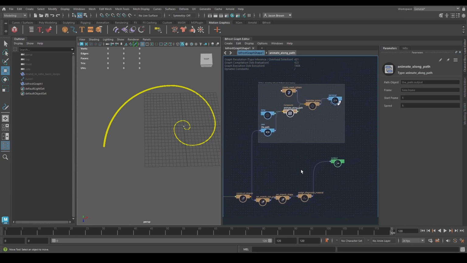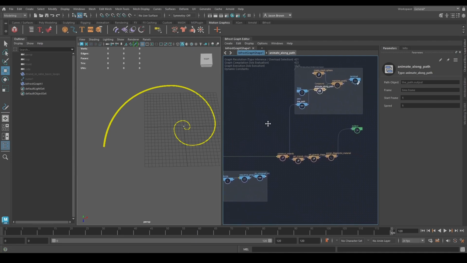Okay. Let's play that one more time. See if you can work out why it's going in that direction, for example. See if you can find a way to reverse the direction. Things like that. Have a play with it and